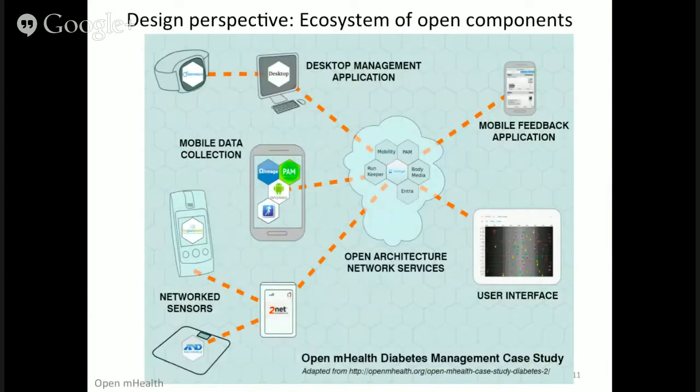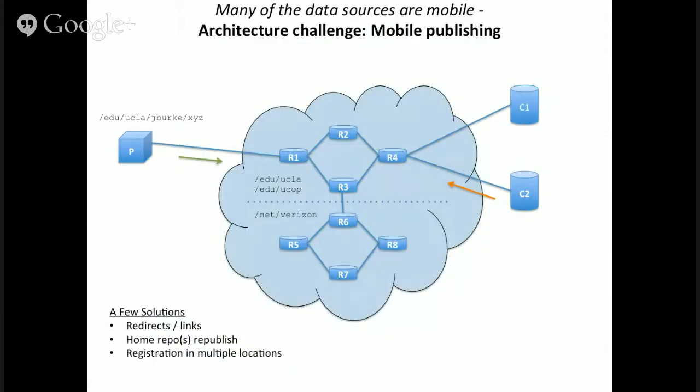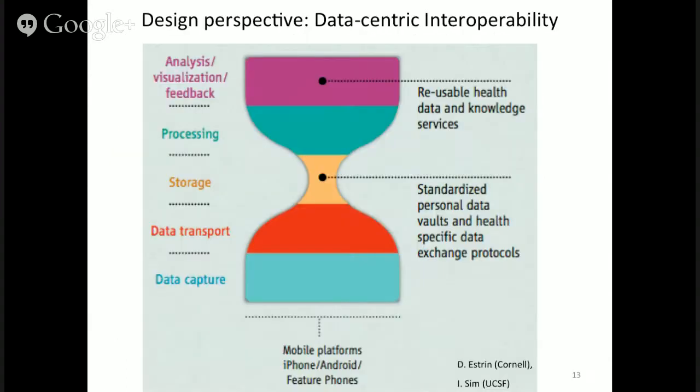This is a specifically selected driver for certain kinds of problems that we want to tackle in research, and one of those problems is the mobile publisher scenario, where I might want to publish into the same namespace from multiple places in the topology. I'm not going to go into that in detail, just to mention that's one of the challenges that's motivated. Also, from the design perspective, though, the thing that we want to focus on is data-centric interoperability,